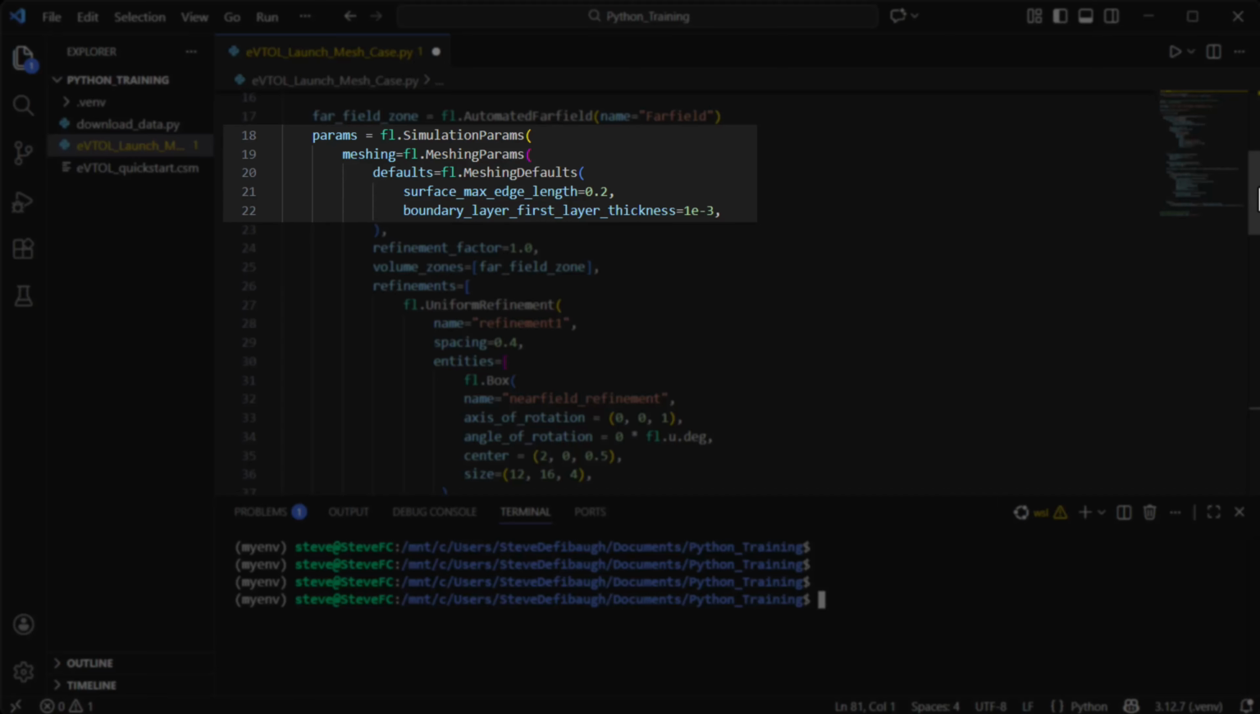Now we define the main simulation parameters. This is the Python equivalent of the setup panels in the web UI. Everything related to meshing, physics, solver settings, and outputs lives inside this structure. Starting with meshing,